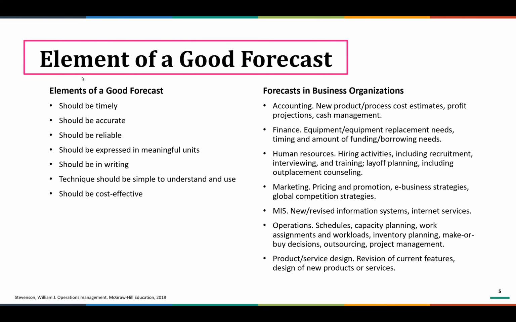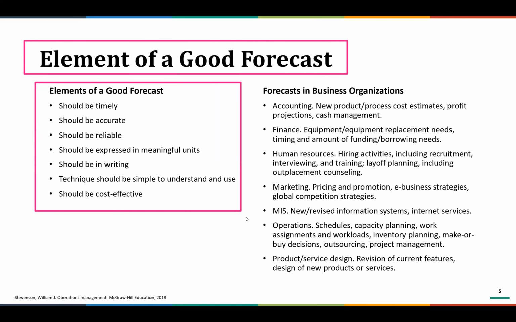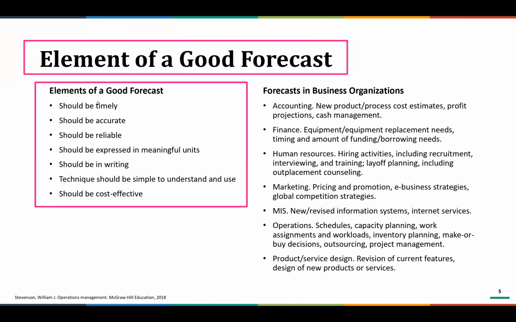So with those principles, in order to create a good forecast, you need to know the elements of a good forecast. A good forecast should have these characteristics. Timely, okay. It's not like, I want it tomorrow, so this forecast should give me a result for tomorrow. But even though it's very accurate, if it's not by tomorrow, then it's useless. That's what we call timely. It doesn't always have to be fast, but it's right on time. And then the more accurate, the better. The more reliable, the better.